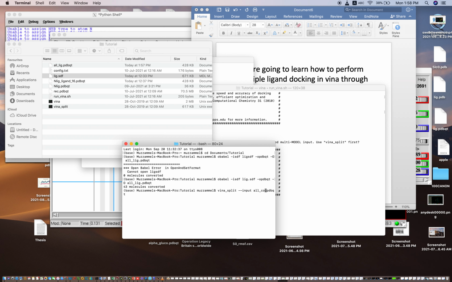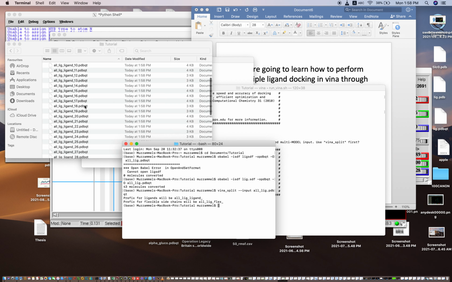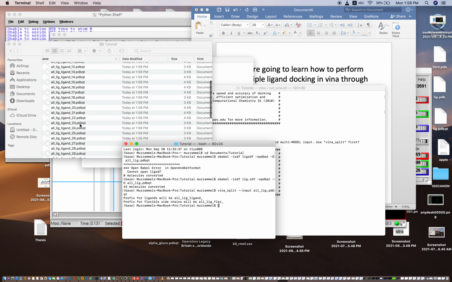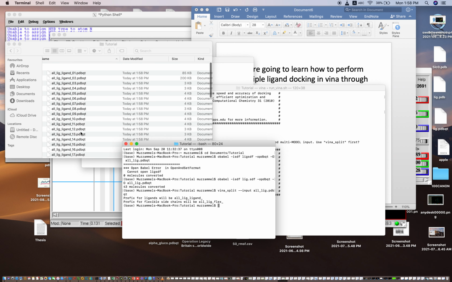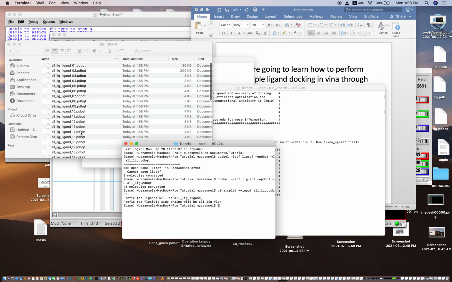In our case, it is all_lig, so I'll give this name, all_lig. When I enter it, there are now all these molecules present. So you will get all the molecules individually over here.